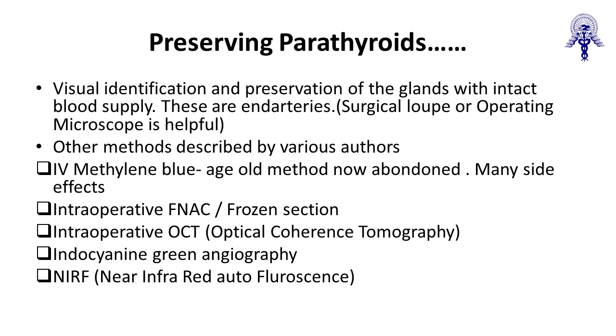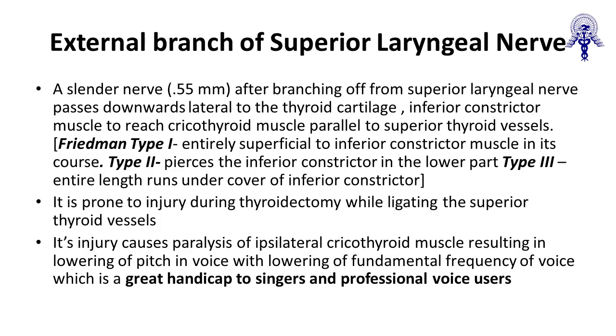So these are all methods. I am not going into detail, you just go through the note theoretically. Another is the external branch of the superior laryngeal nerve. As you know, this external branch of the superior laryngeal nerve arises above and passes downwards on the lateral side of the thyroid, and ultimately supplies the thyroid cartilage over the inferior constrictor muscles and supplies the cricothyroid muscle. So we actually search for this external superior laryngeal nerve in its anatomical location,